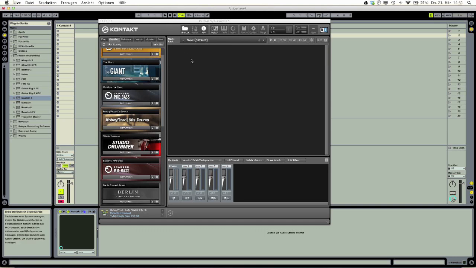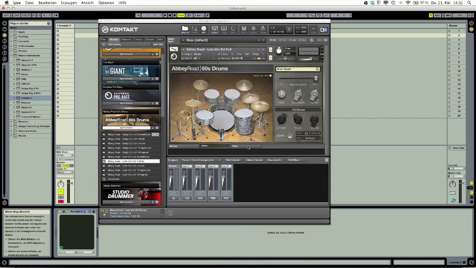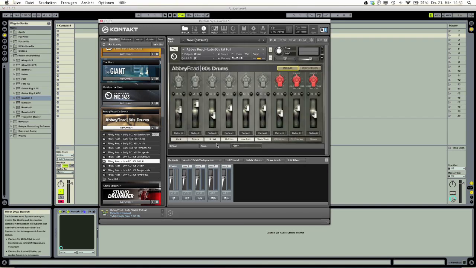So first we open Kontakt 5, and let's go with the Abbey Road drums for this tutorial. The late 60s kit. Here we have 6 mono channels for the instruments, a mono overhead, stereo overhead, and room microphones, which are also stereo.